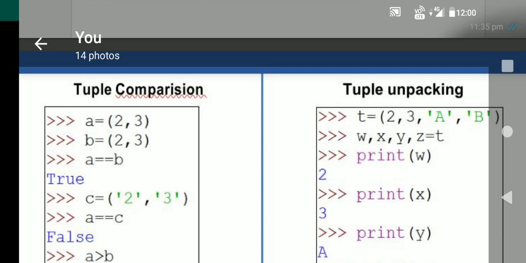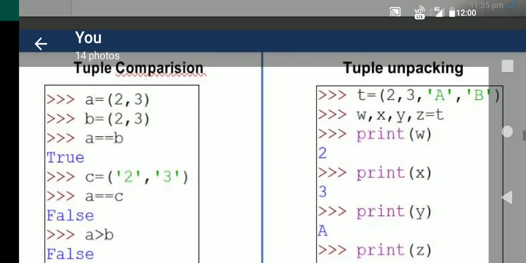So here you can see print W, X, Y, Z, 4 variables for the 4 values 2, 3, A, B. So W, X, Y, Z will store the values of the T tuple in sequence order. So W will contain 2, X will contain 3, Y will contain A, and Z will contain B. It will be in the form of left to right order.